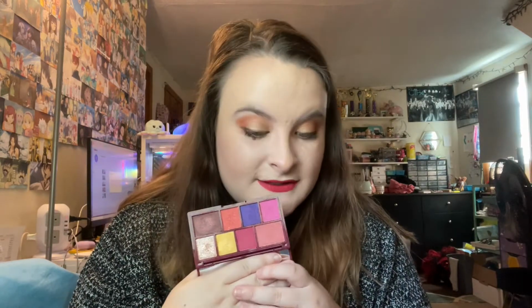Did I think I was going to do that with a couple of the shades, but not with all of them? But you know what? That is fine. So the palette that is rolling in for August is the I Heart Revolution Sour Cherry palette. So this is what it looks like. Definitely not really a standalone palette. I could pull it in with other things, but I think this is an upgrade